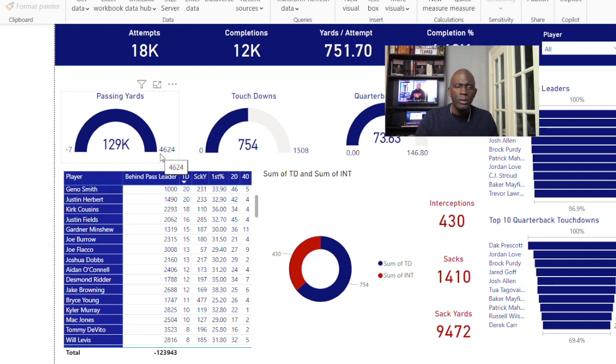So now I am coming back down and I'm looking at the numbers in red. Again, these are card visuals, just like up here, these counts are just cards. You're saying, hey, I want to see interceptions. He threw X amount of interceptions. I want to see sacks. He was sacked how many times? I want to see sack yards. He lost how many